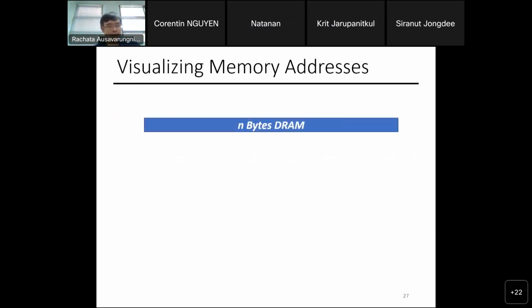So let's say you have DRAM that's gigabytes of DRAM. Your DRAM will start from address 0, and let's say it's 4 gigabytes, so the address will be like 4, what's giga? 10 to the 9, right? So it's 4 multiplied by 10 to the 9. So that's the last address.